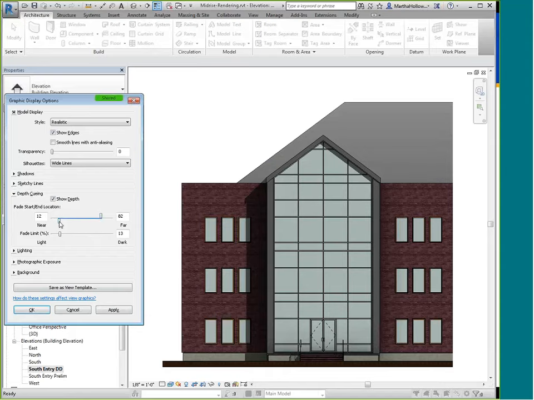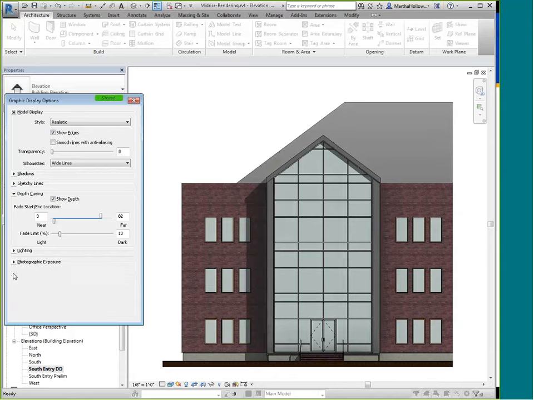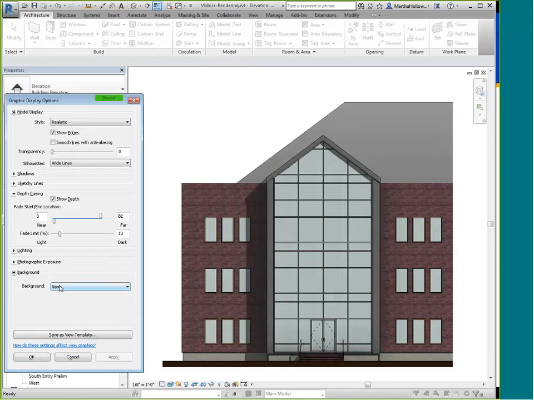So in this particular case, we don't have a very deep building, and you're not going to see a ton of changes. But if I had, say, another building behind this and modified it, the depth queuing would be a very, very powerful tool. Like I said, I'm going to skip lighting and photographic exposure for a second,